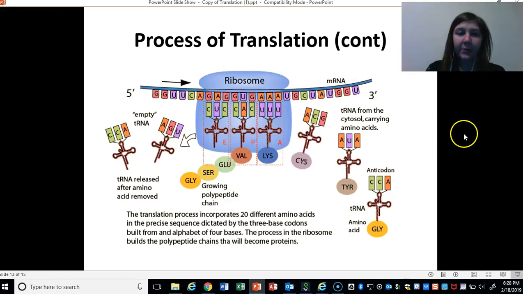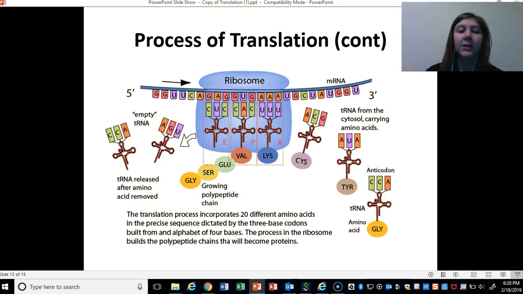Here's a different picture showing a little bit more of these parts interacting. So again, we have our mRNA strand. It's a single strand. The ribosome is moving along the mRNA, and those tRNAs are going to come in sequence once they have found the right open space in the ribosome. So as the ribosome shifts, there'll be like an opening, and the tRNA will come in. Once the right one base pairs, then it'll add its amino acid to the chain, and then the empty tRNA